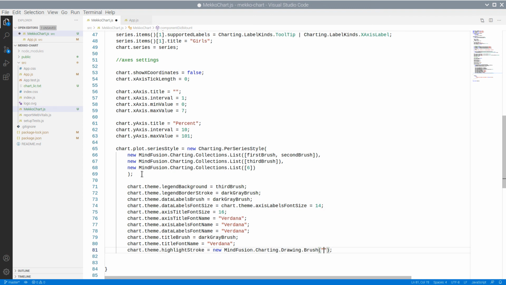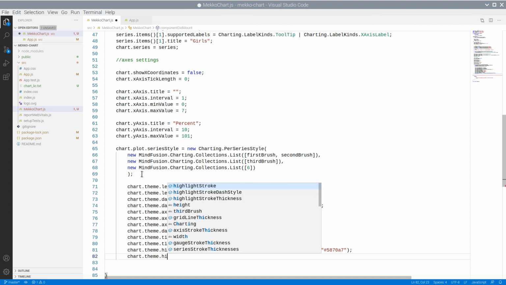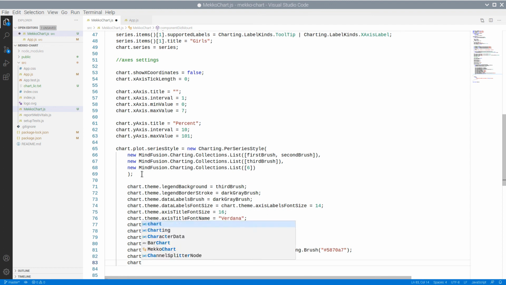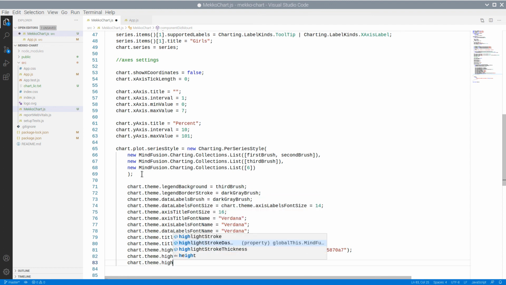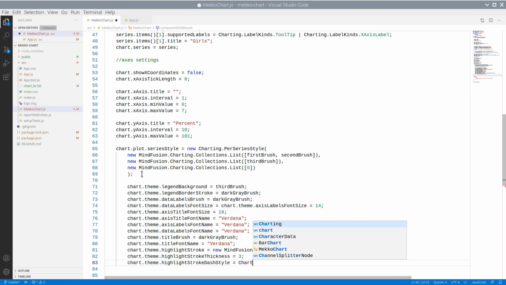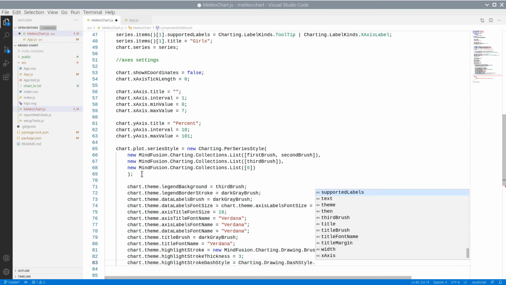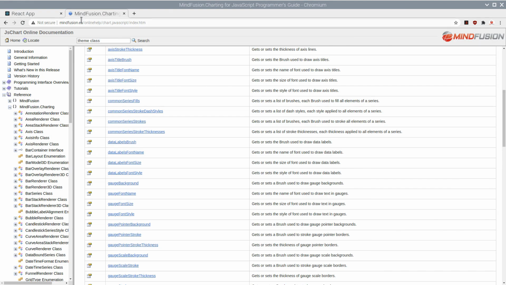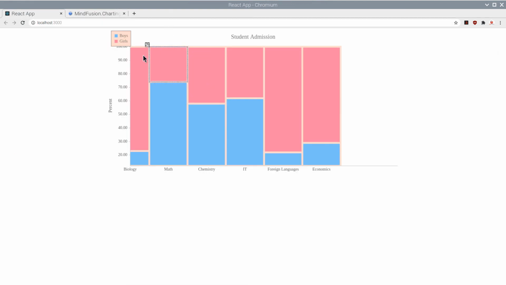We make the highlight pen dark blue with thickness of 3 and dotted style. The chart is almost ready now.